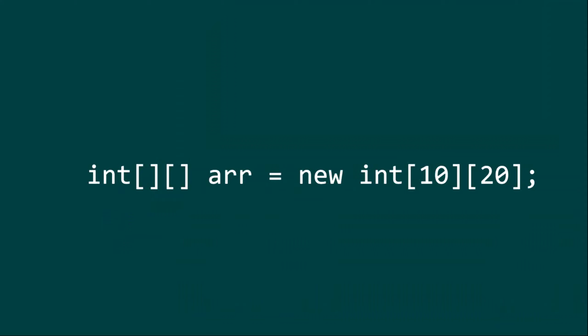So in order to store this, we initialize it this way. These boxes which we can see here are the dimensions. For the single-dimensional array, we only kept a single box. For the two-dimensional array, we keep two boxes. For the three-dimensional array, we keep three boxes. But right now we're not going to discuss the three-dimensional array because we rarely use that. So for a two-dimensional array, we keep two boxes here, and then this is the name of the array, and this is the data type. So this is how we initialize the array.